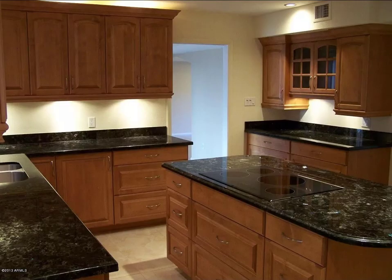Now that you've seen the after and the completed product, here's the before. This is what it looked like when we bought the house. We made some small changes such as wall color, ceiling color, better lighting, and a couple other things. But for the most part, this is what the kitchen looked like when it was empty when we started the